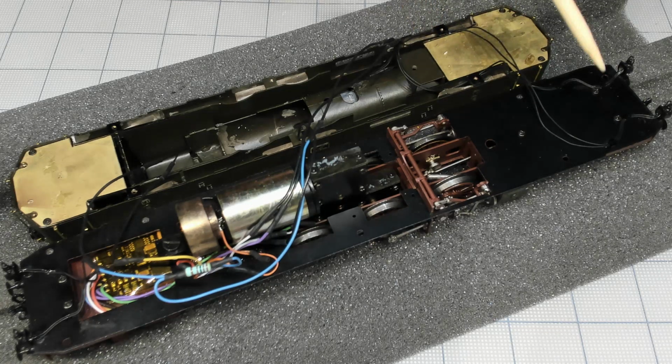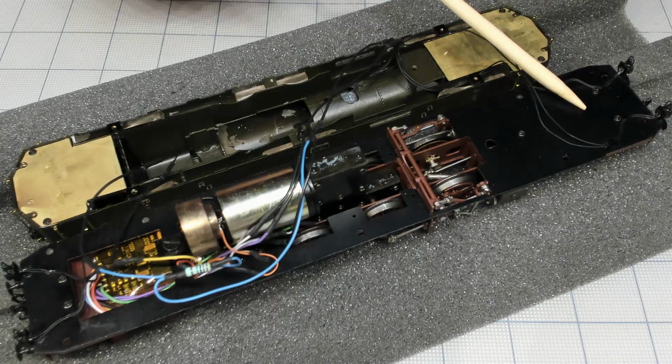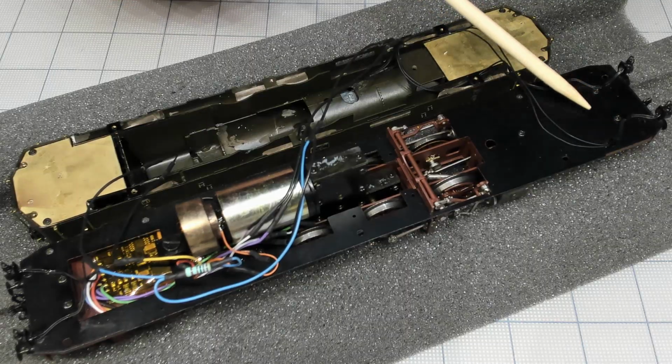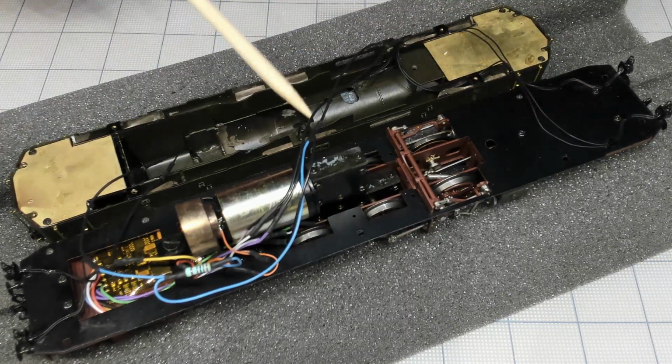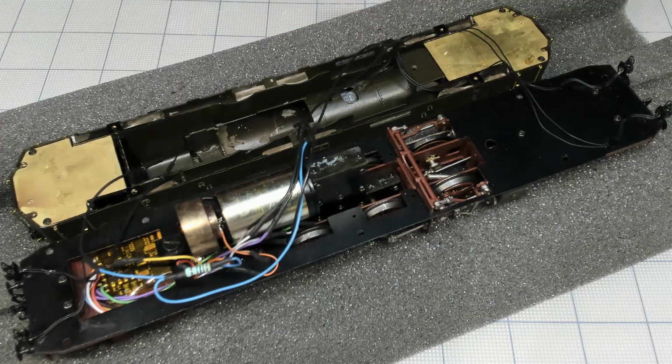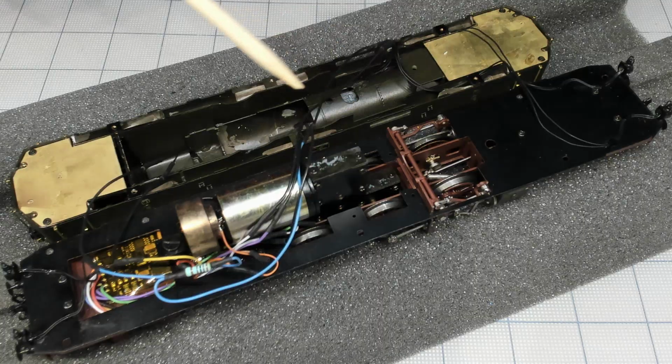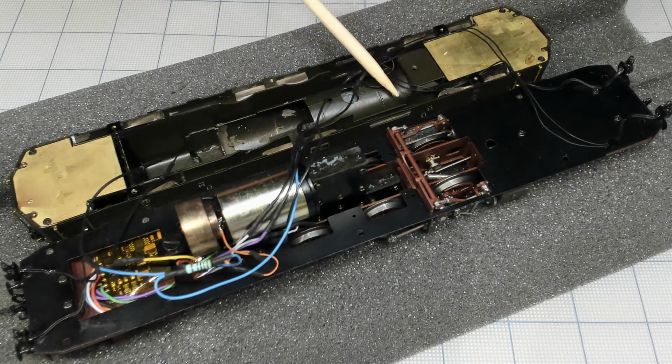sharp. So what they did, and I was really surprised, they didn't use Kapton tape, they just put some kind of packing tape to secure those paths anyway. And you see the length of those wires, I'm keeping them very long, because when I'm going to put the body on, I'm going to trace everything accurately